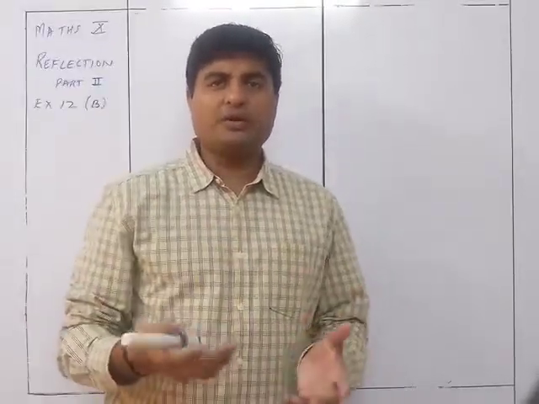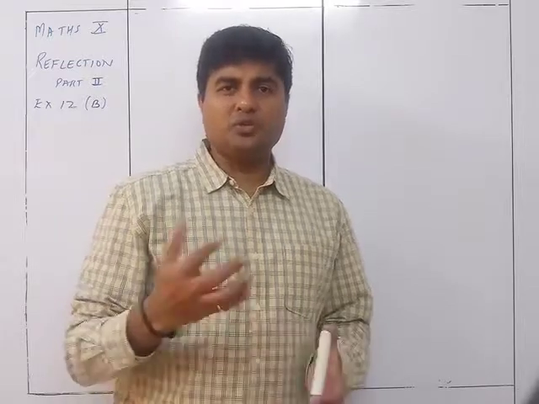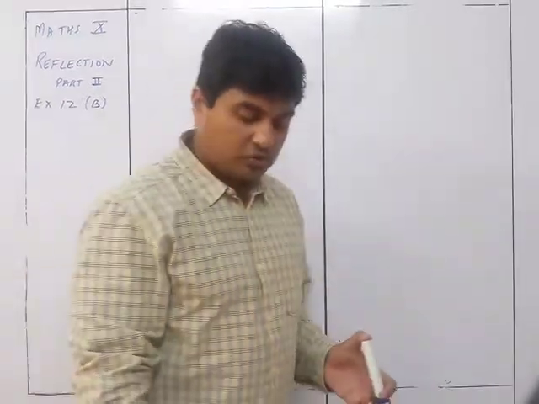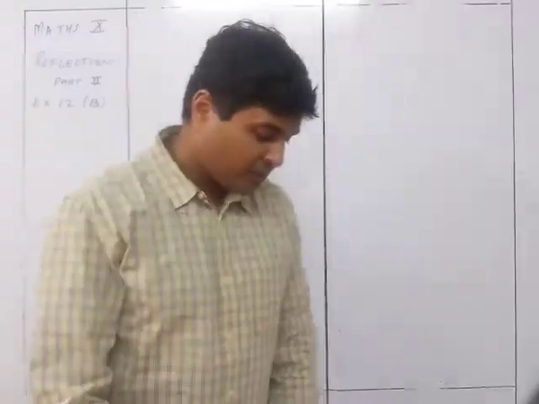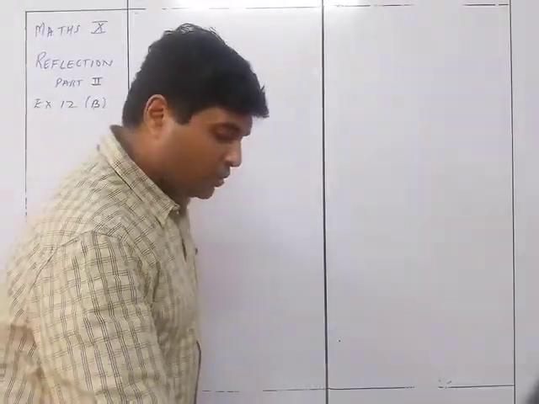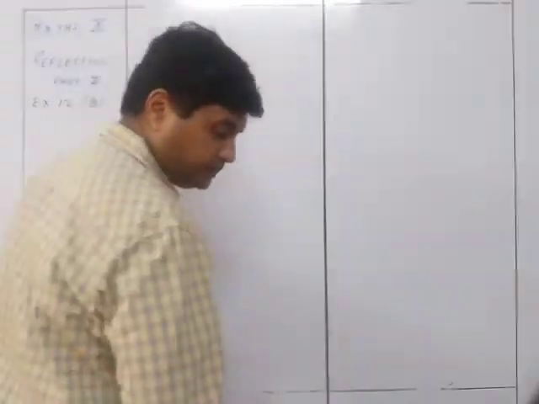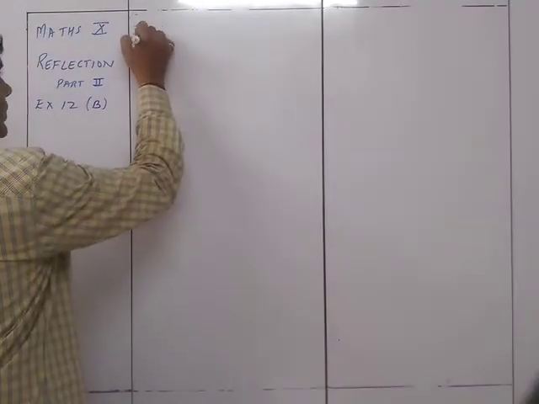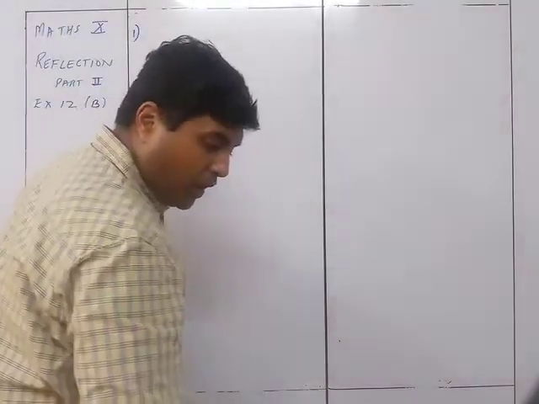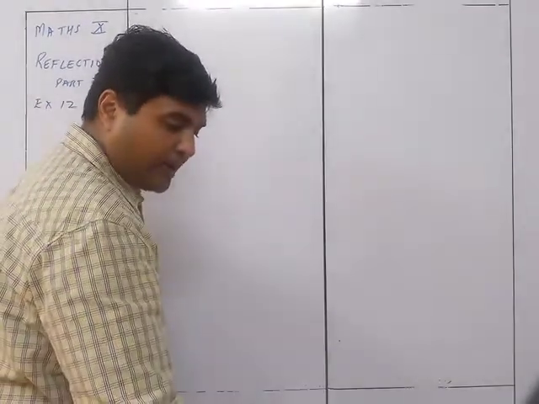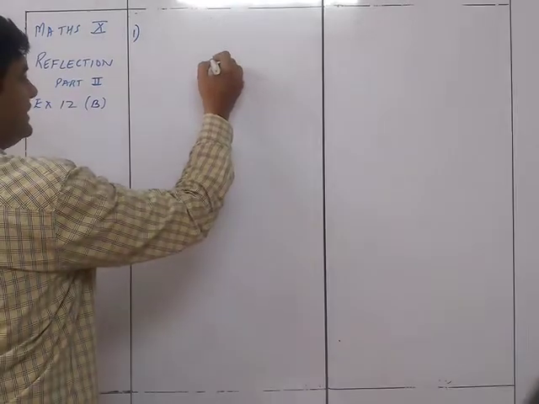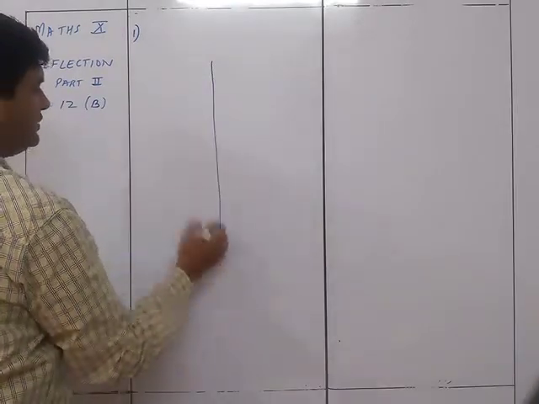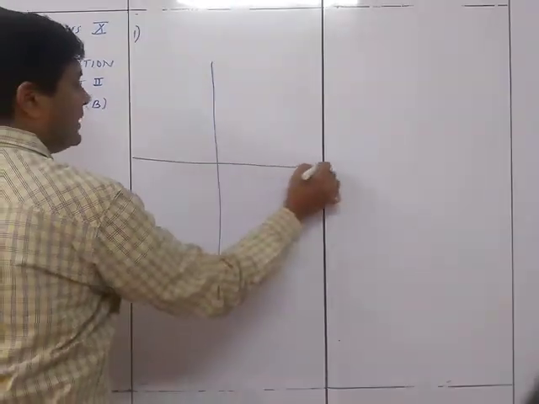This I am telling you because I know in this particular lockdown situation you may not have graph papers so handy that you can use so many at the same time. So we move on to the first question that is given over here: plot 3,2 and 5,4 on a graph paper. So this is what we are doing first. Let's take the graph paper first. So this is the required graph paper.